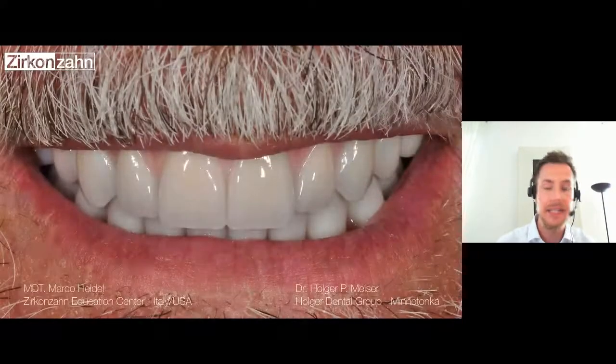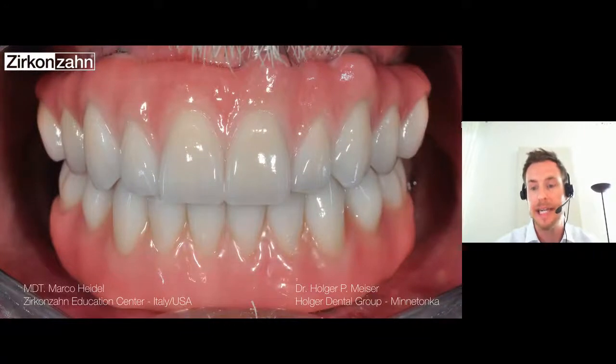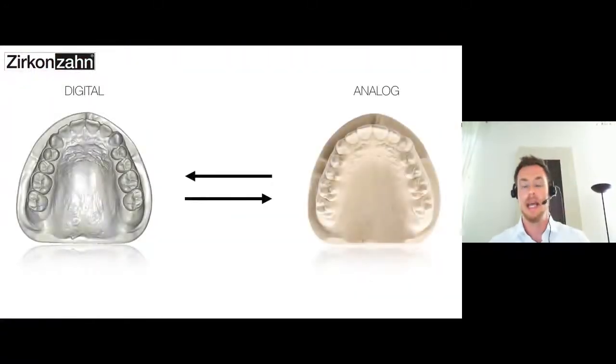And in the last few minutes we talk about the whole protocol, the workflow to go back to the analog from the digital work. Because a lot of people want to control the final product in their physical articulator, the occlusion surface. Then maybe they have to add porcelain and so on. So I need the same model situation and I need the same position of the models in the physical articulator